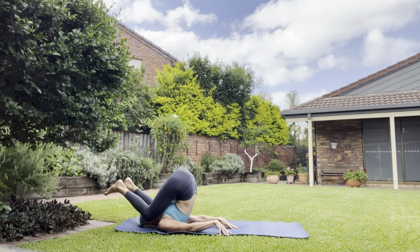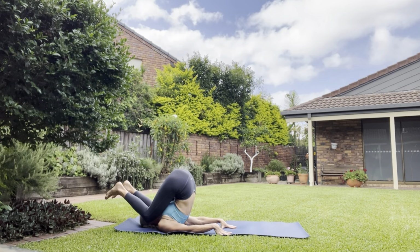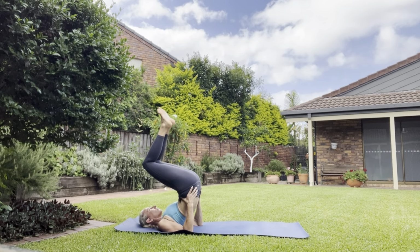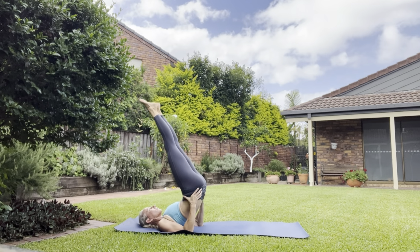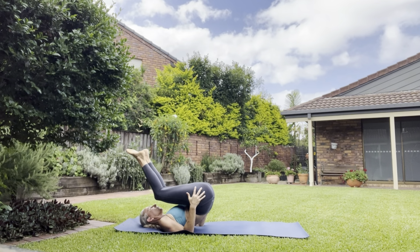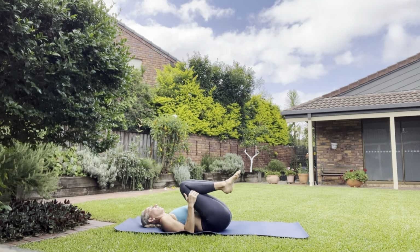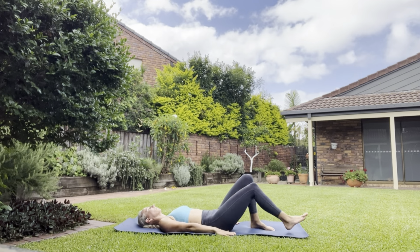And if you can get your feet to the ground, amazing, that's the goal. So you can use your arms here to send the upper body towards the feet and then slowly unraveling. And bringing the legs back down, hugging the knees in one last time before taking the legs long into our